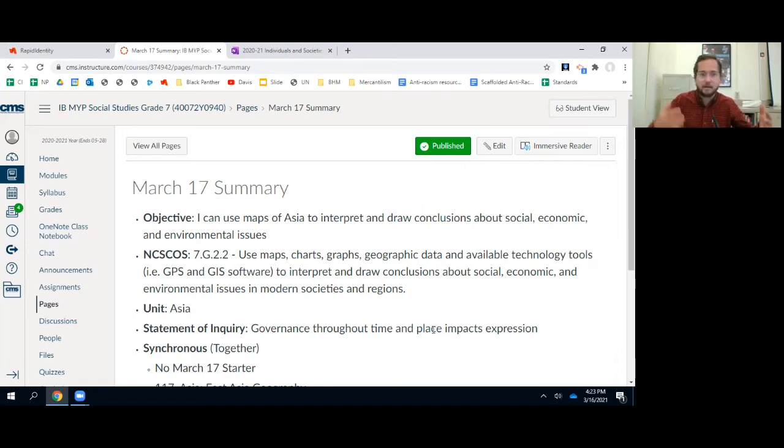Depending on the form of government, the time period, what's happening at a certain time and place, you may have a completely different ability to express your freedom of thought if your country is in crisis mode. Maybe they'll restrict some of your freedom of speech or freedom of expression.